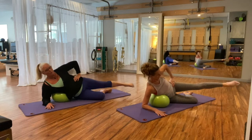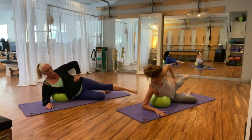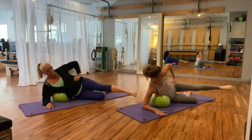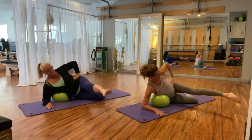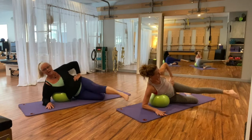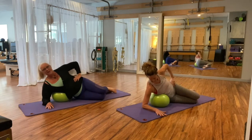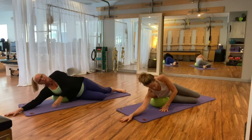on that ball. Point and reach forward, flex, pull back, point and exhale, point and reach, 2, and last one, bring it in, and go ahead and lengthen the arm that's on the floor, and let yourself